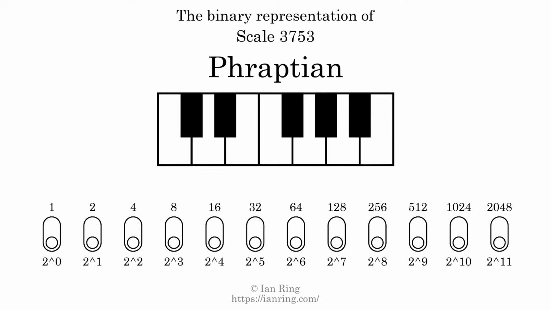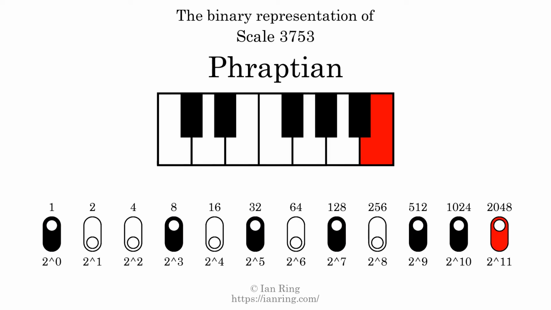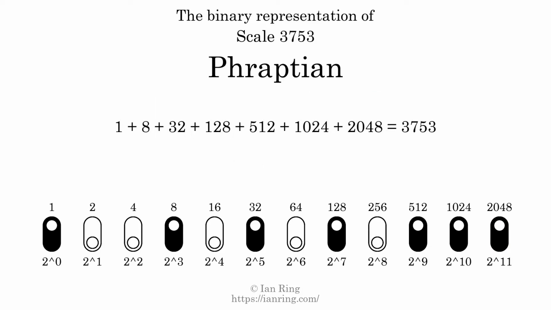The binary representation of this scale is determined by mapping tones of the scale to binary digits. Each binary digit represents a power of 2. To get the scale number, we add the powers of 2 together. The powers of 2 that are present in the scale, all added together, equals 3753. That is why the scale number, in decimal, is 3753. The scale number not only enumerates the scale with a unique index, but it also literally describes the tonal content of the scale. Represented as a binary number in base 2, the scale number is